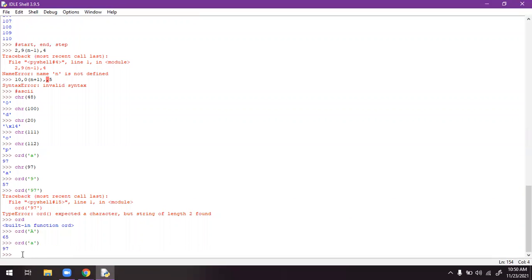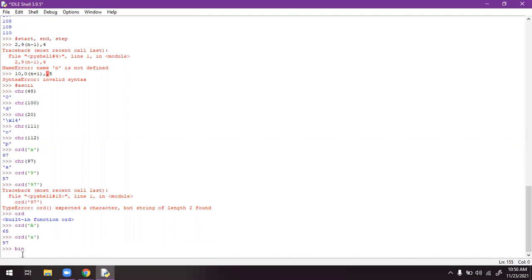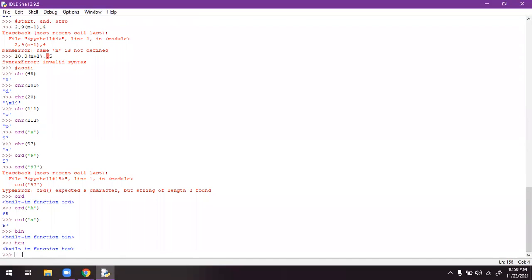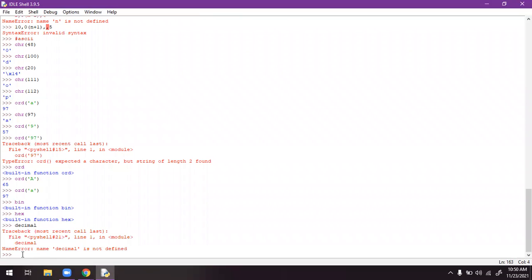And we have different functions, like bin, like hex, and oct, but decimal we cannot write. Why? Because Python will take the numbers in decimal form only. Generally, it considers each and every input as decimal format. That's why we cannot find any color keyword for decimal.